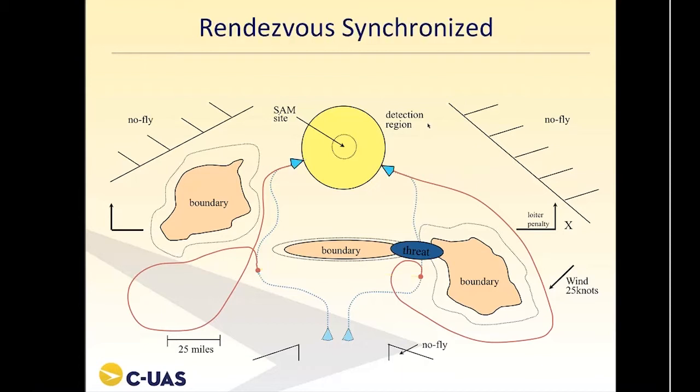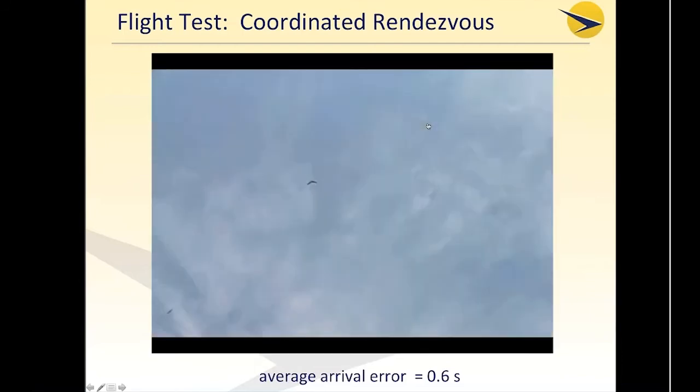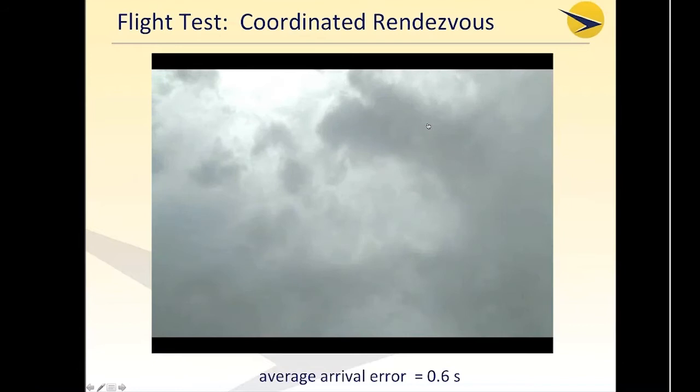So the idea is that by coordinating with one another, they can plan paths that cause the vehicles to arrive simultaneously while minimizing the exposure of the vehicles to the threats. So here's some video results of some flight tests. You can see initially two vehicles arriving at the same location simultaneously. Then we have three vehicles, again arriving at the